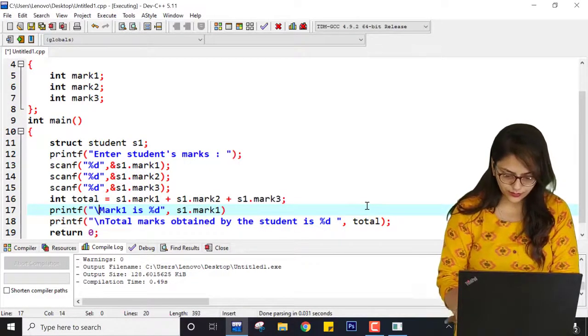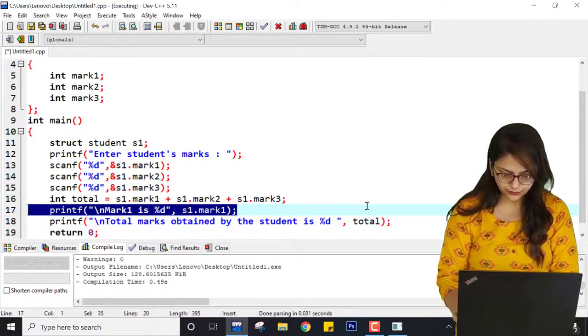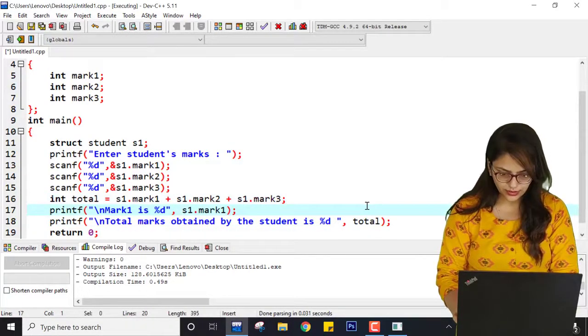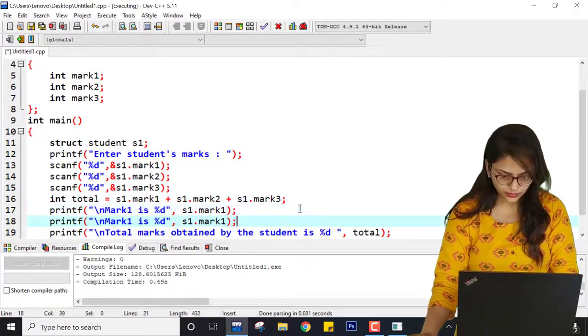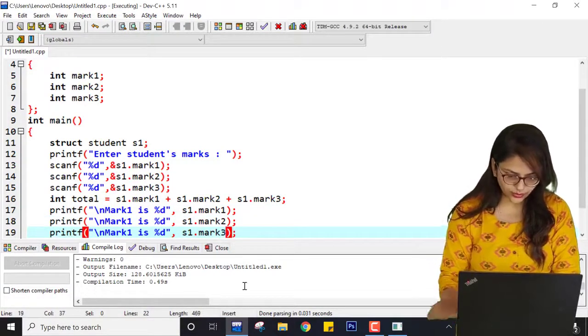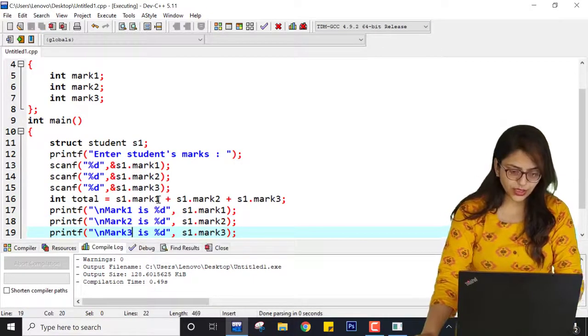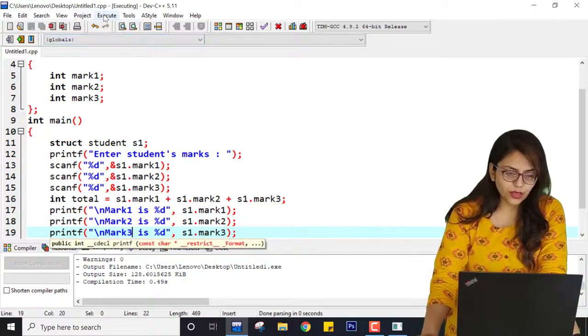Let me copy this and paste it over here. Here it will be mark2, here it will be mark3, here it will be 2, and here it will be 3. Let me save this program.